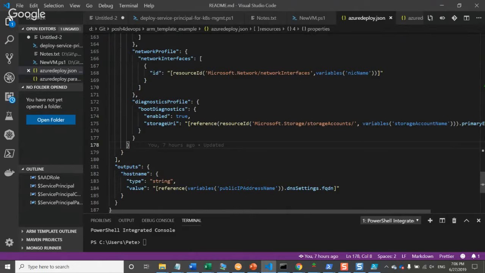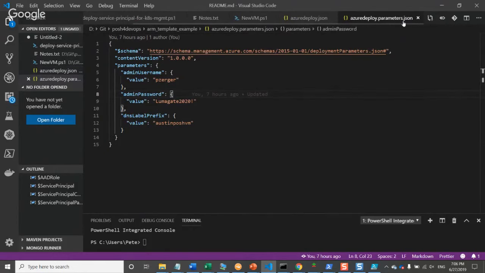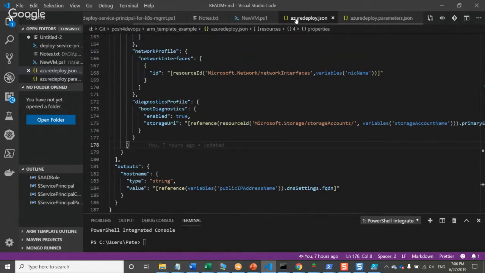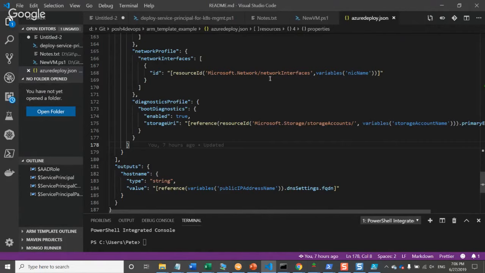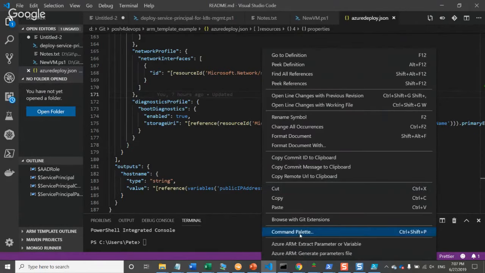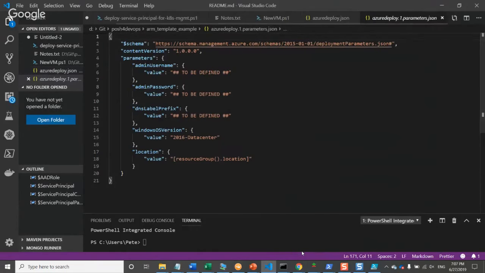One of the things I'm always doing when I'm building templates is I start messing with the parameters, because I go over to the Azure deploy.parameters.json and I start messing with stuff that I want to change. Invariably, I break it, and then I have to go get the parameters again and paste it in there. And one day I accidentally came across something very, very cool. So I'm going to close this parameters file. I found an add-in for Visual Studio right down at the bottom here, generate parameters file. So it will create your Azure deploy.parameters.json by simply looking at your JSON file. It's fantastic. So bam, now I have a fully functional parameters file all over again, even though I screwed it up. So just one of many, many, many great